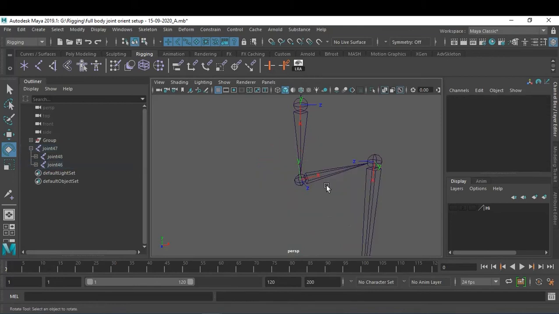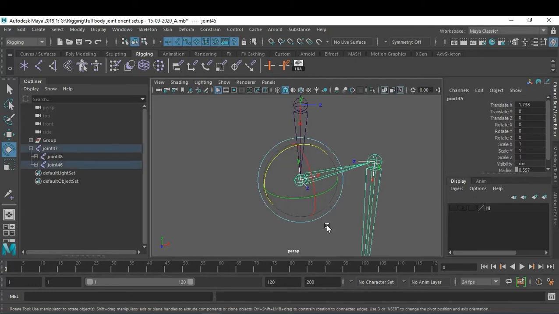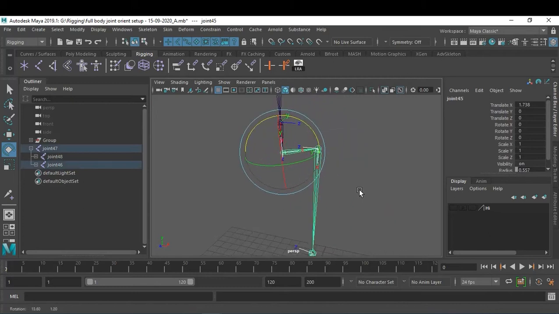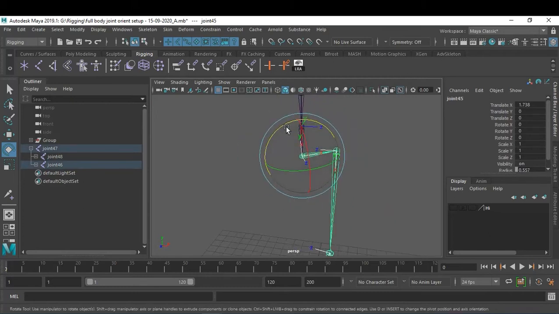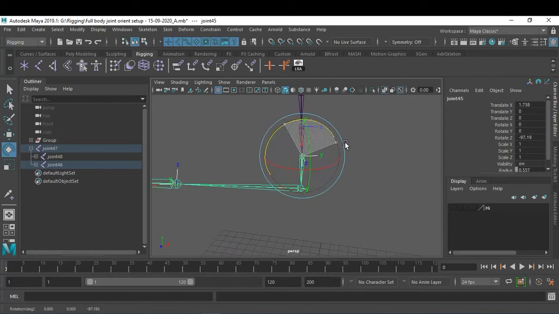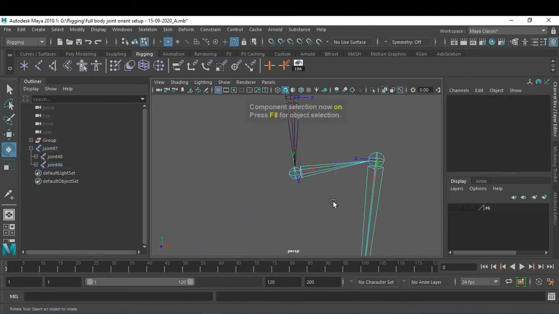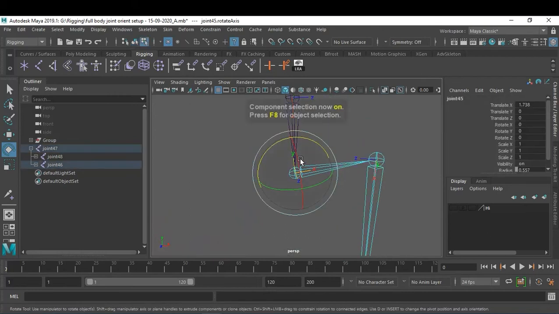Then change whatever changes we need. Just check it out. Whatever changes we need, press F8, select your component, and we want the X direction over there only.